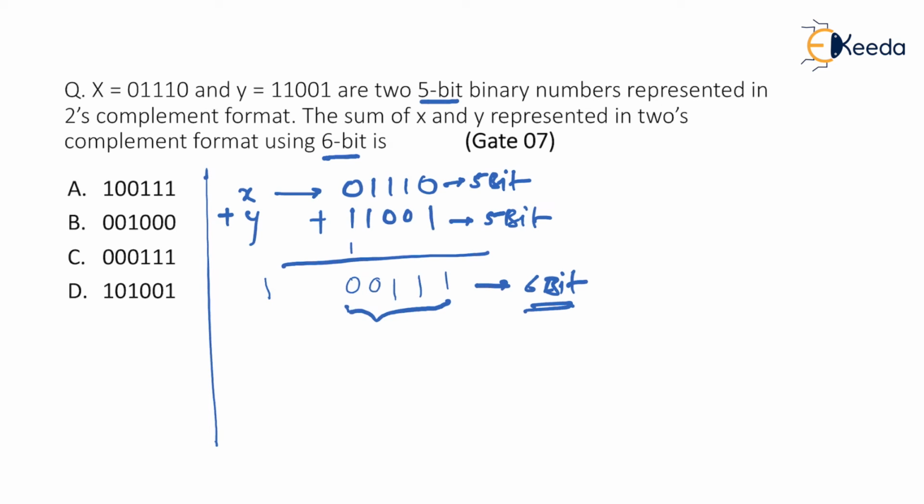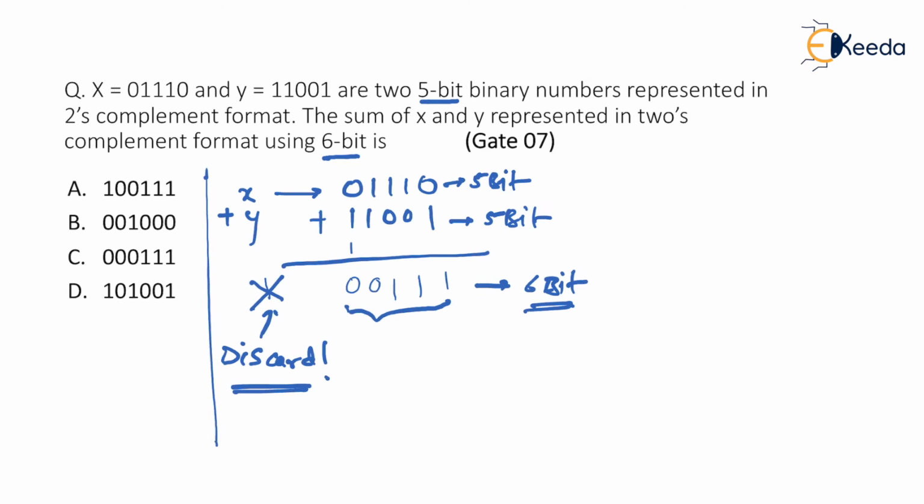You have to remember something, that when it comes to 2's complement summation, whatever carry comes, we always discard it. Please don't forget this. We always discard the carry in 2's complement form. In fact, if you have seen the videos where I have made you understand subtraction using r's complement and r minus 1's complement, in r's complement we always discard the carry.